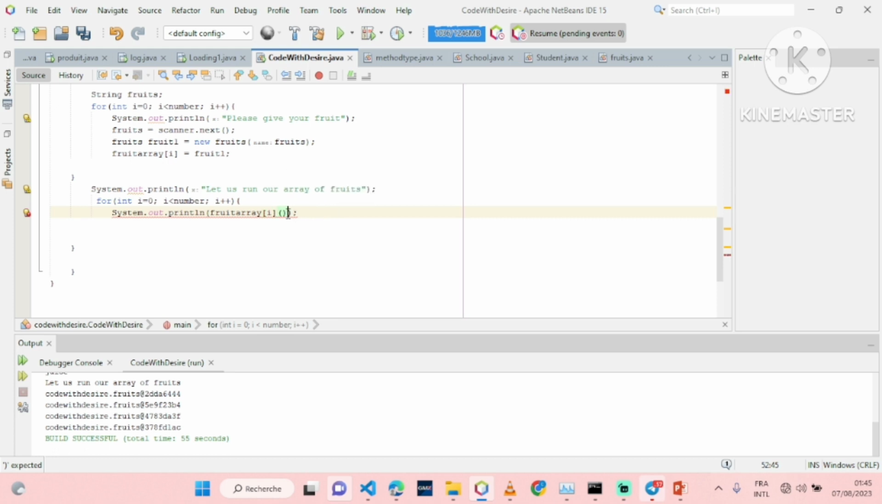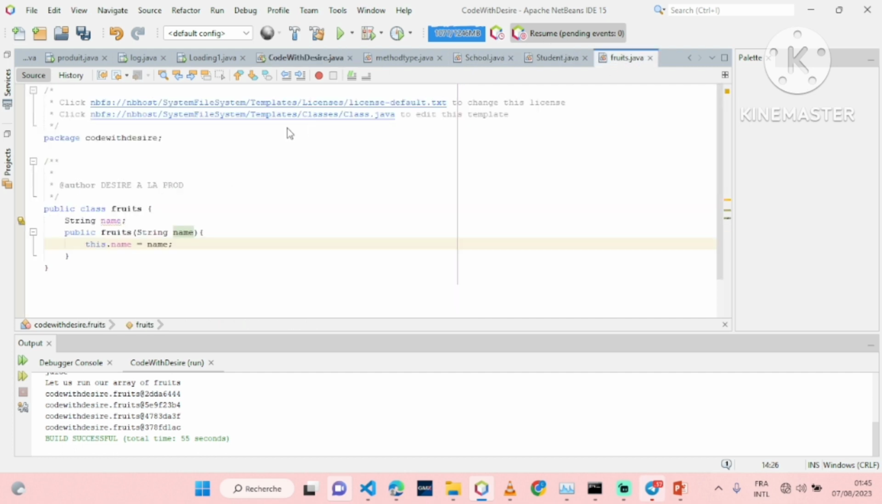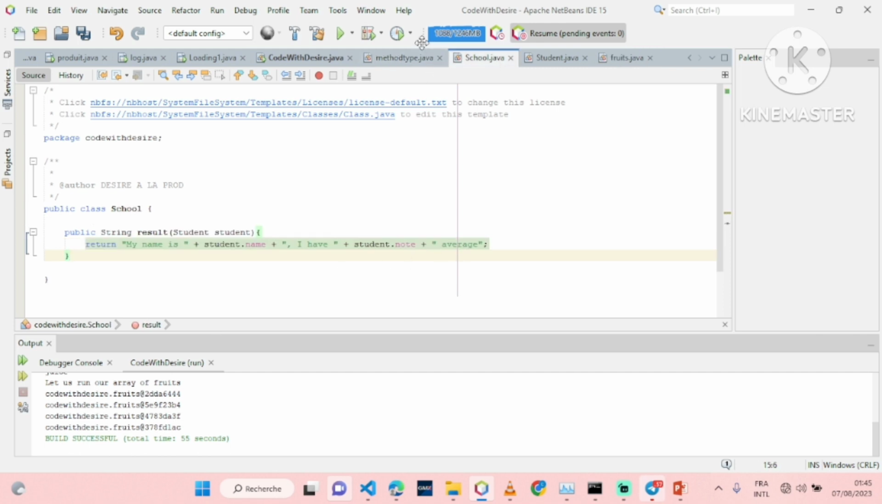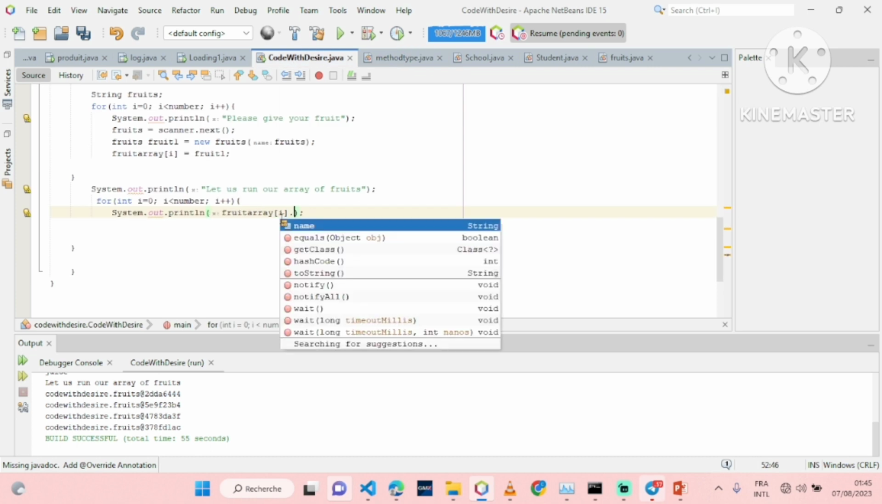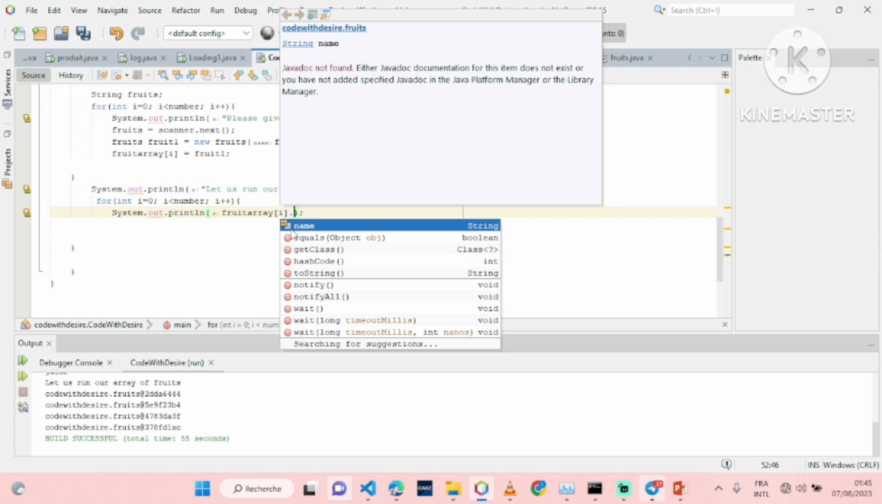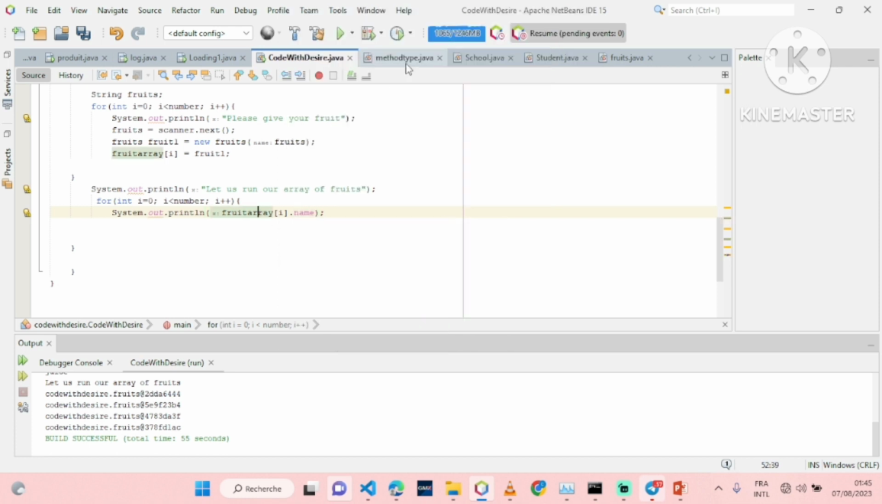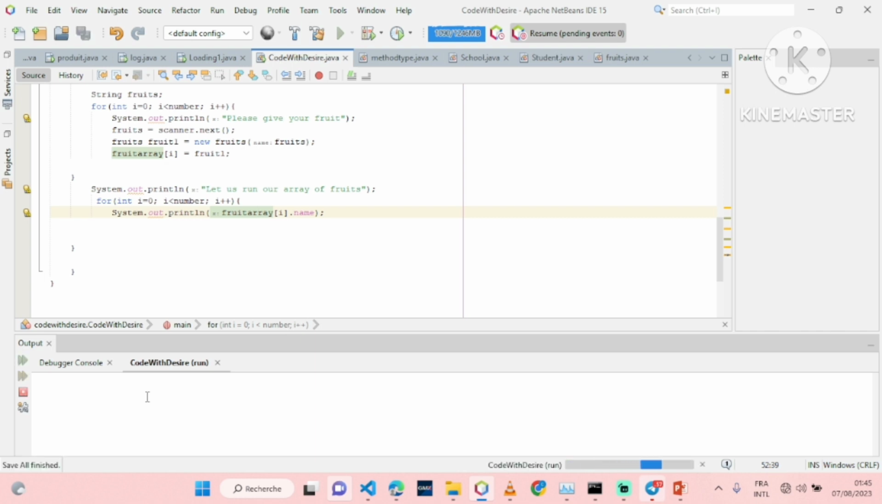The problem is that we didn't add what we want. When I'm talking about what we want, let me see inside our Fruit Java. Here we see that we are returning a name. It means that here we are supposed to put dot. You see, it is waiting for our variable dot name, simply that, and we run our program again. The result will be completely different. Now if you run this program,